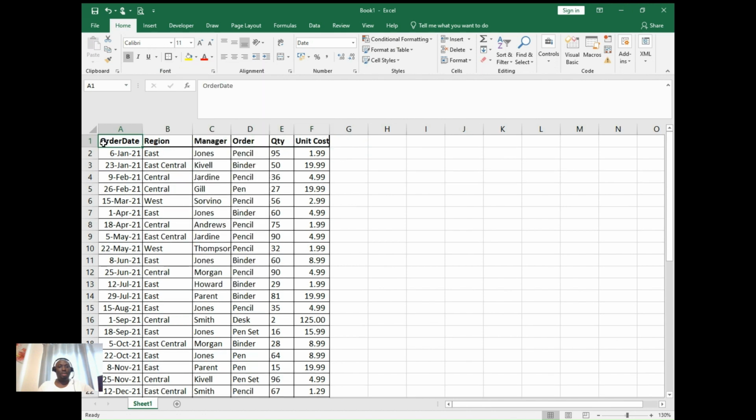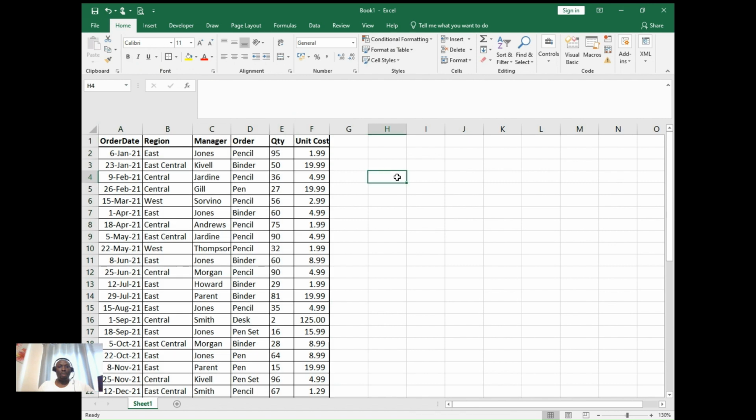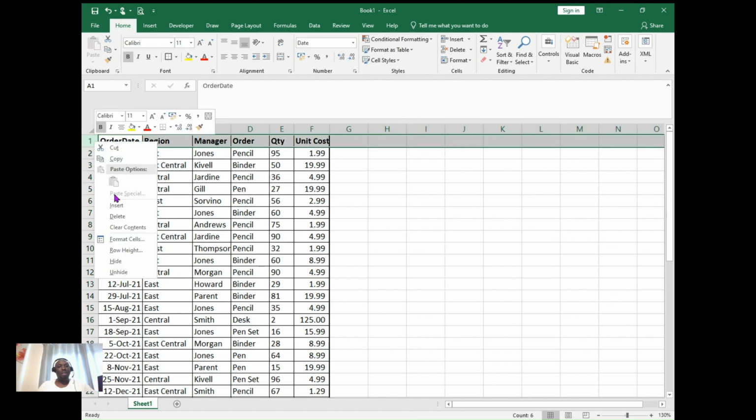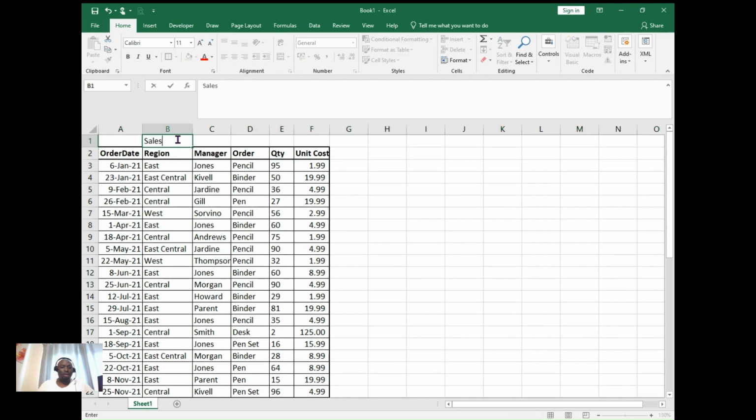Right, you can do this just to your satisfaction. You can also give the entire report a thick border as well. See, it's getting in order. Now we can also insert again, so that now that it has a header, what's the title of our report? Let's call it sales report or sales order report